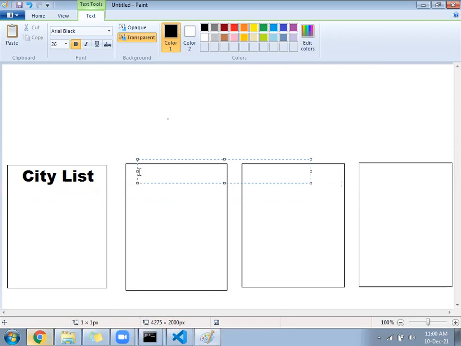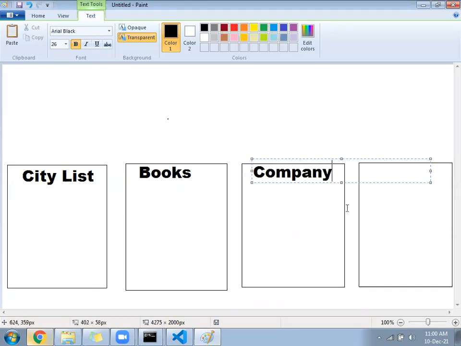Inside the second block, five to 10 book names. Inside the third block, 5 to 10 company names. Inside the last block, what will be the city state? Okay, items.